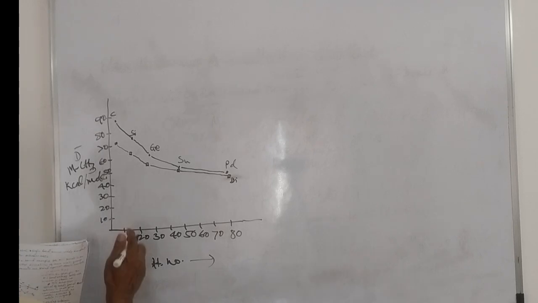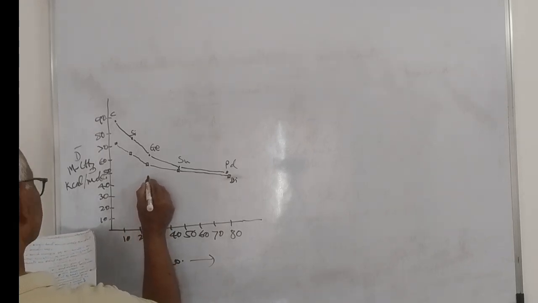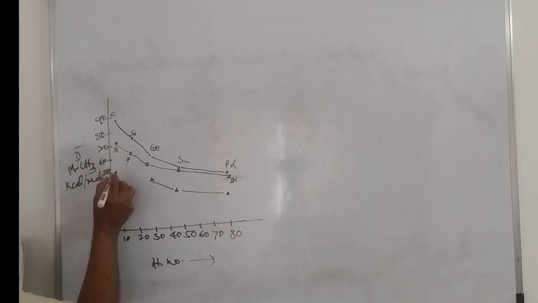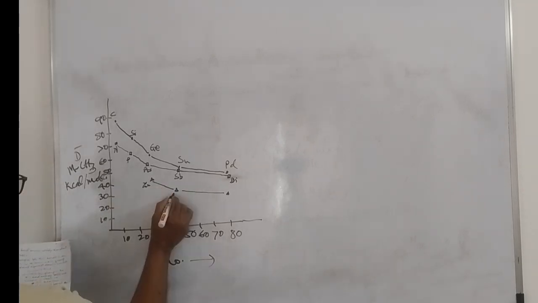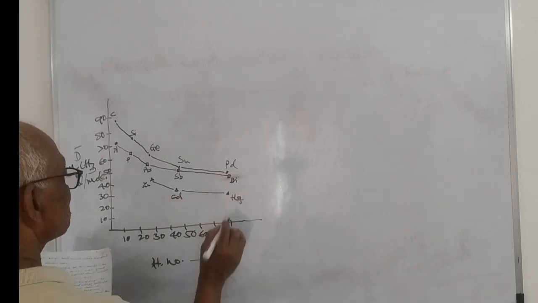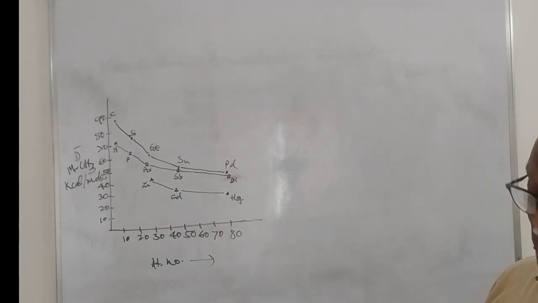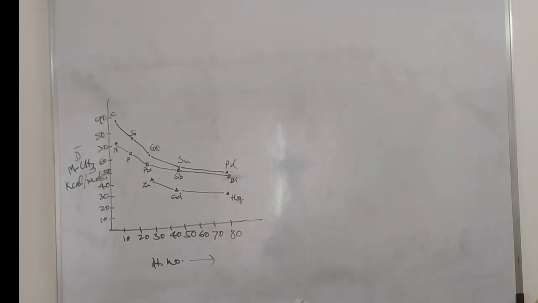And third is zinc. These are the elements: nitrogen, phosphorus, arsenic, antimony, and zinc, cadmium, and Hg. So this will show the trend in metal carbon bond dissociation energy with respect to the increase in atomic